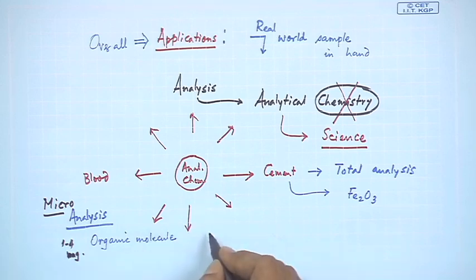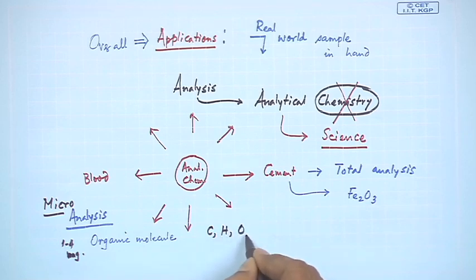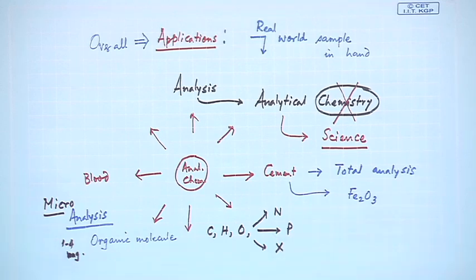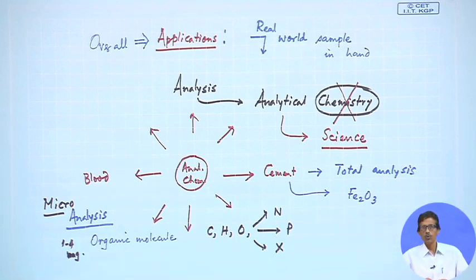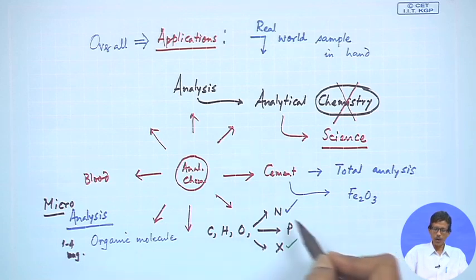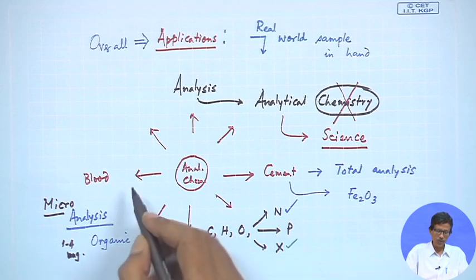Earlier we knew only that an organic molecule is formed with carbon, hydrogen, oxygen. You can also have nitrogen, phosphorus, and halogens. So, these all are there. In the laboratory, when the amount is more, you know from your school days that you can analyze the organic molecule for the presence of nitrogen and halogen. The first thing we learn from our school days is how to detect nitrogen and the halogen in an organic molecule. But if you go for the micro analysis, which is automated, it gives